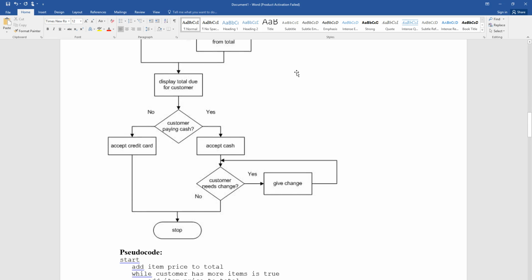Is the customer paying cash? In this case, accept the cash. Here we even added a little loop for, does the customer need change? Yes, give change. Now, could you make those much more elaborate? Those are still fairly high level. Yeah, you could make it more elaborate, but in terms of understanding the process, this is kind of the flow